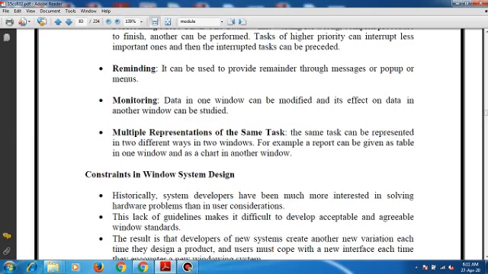The first one is the historical consideration. The second one is the hardware limitation. The third one is human limitations.